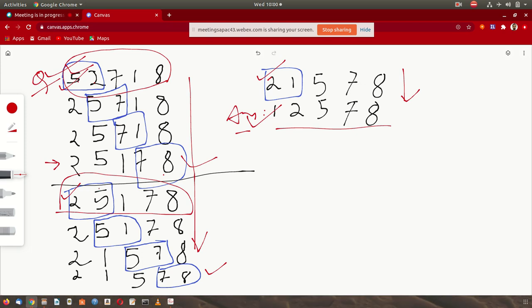So now I draw the box, the blue box. Again I draw from the first number. Here the blue box comes to the last end. So again I have to draw the blue box in the beginning, in the front, and this time the blue box is between 2 and 5. Now 2 and 5, 2 is the smaller number, it is there on the left hand side, and 5 is the bigger number, it is there on the right hand side. So I write 25178, and this time the blue box moves to the right hand side, and this time it is between 5 and 1. So this process is called the bubble sort algorithm.